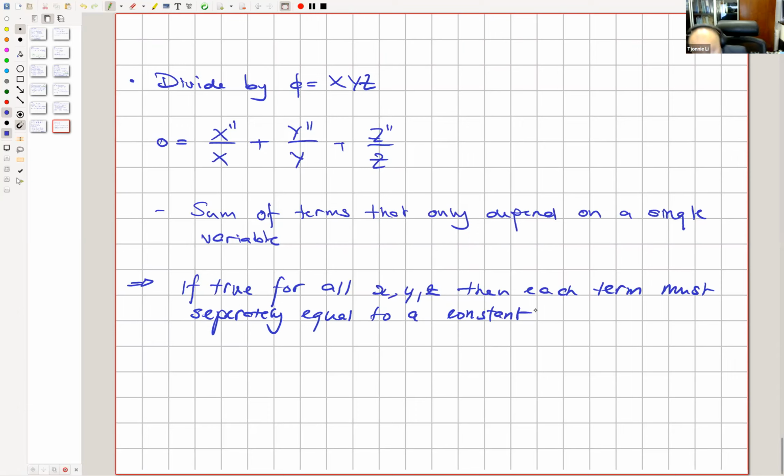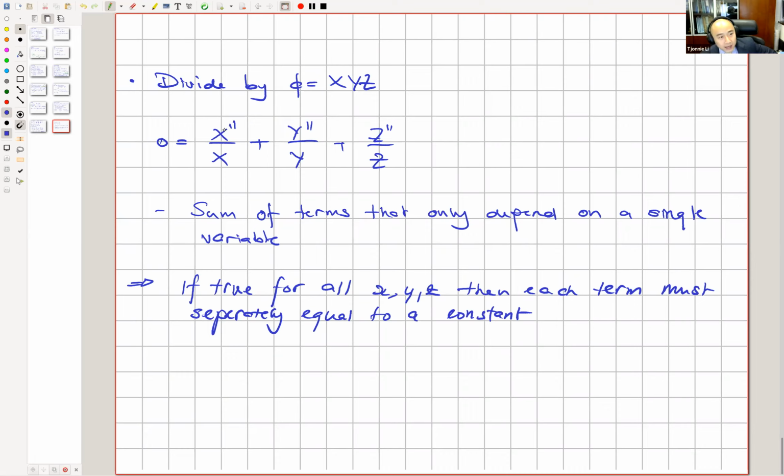What does this mean? Well, imagine the following. Imagine that this only depends on x, this depends on y, and this depends on z, right? And that's the initial premise. Now, because each of these terms only depends on one variable, and this equation must be true for all x, y, and z, so even if I vary x, this equation must still hold. The conclusion, the only way to make that general is that X